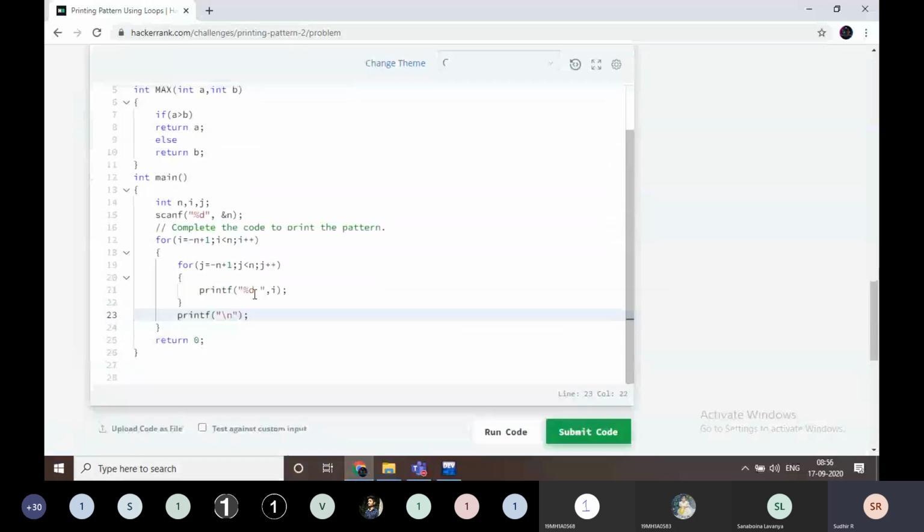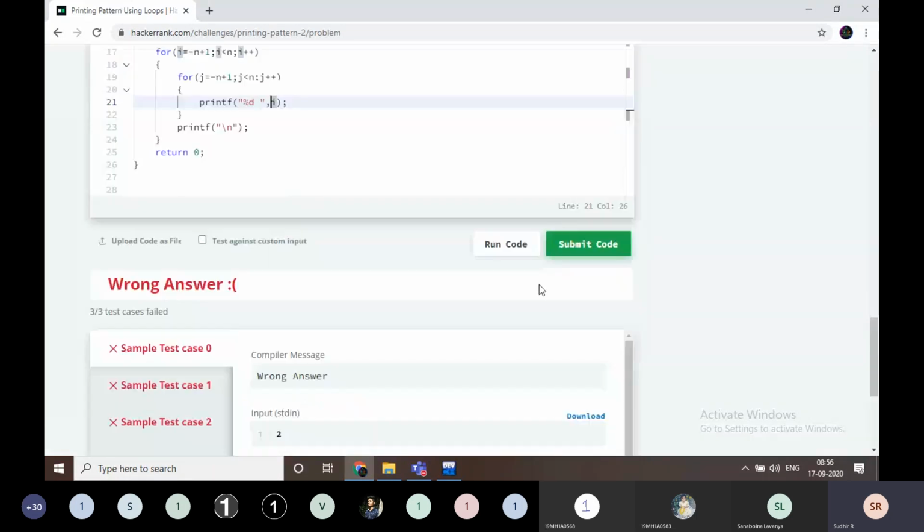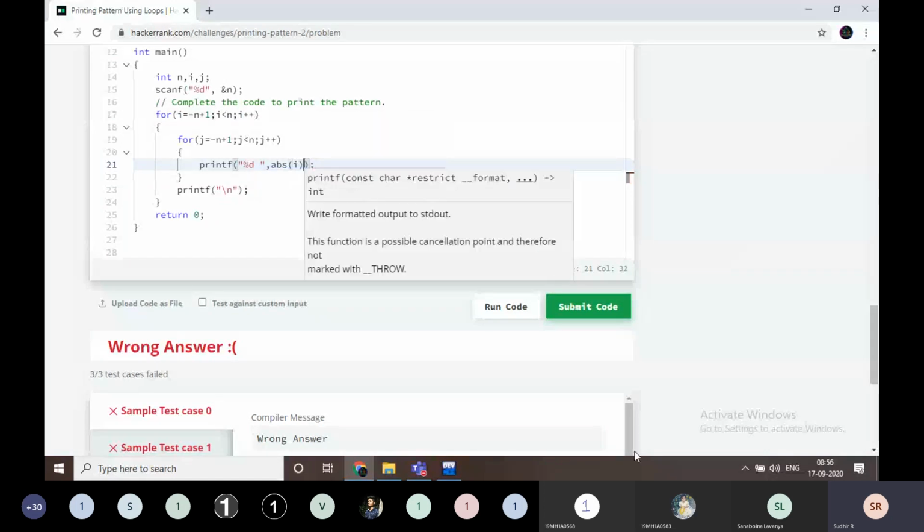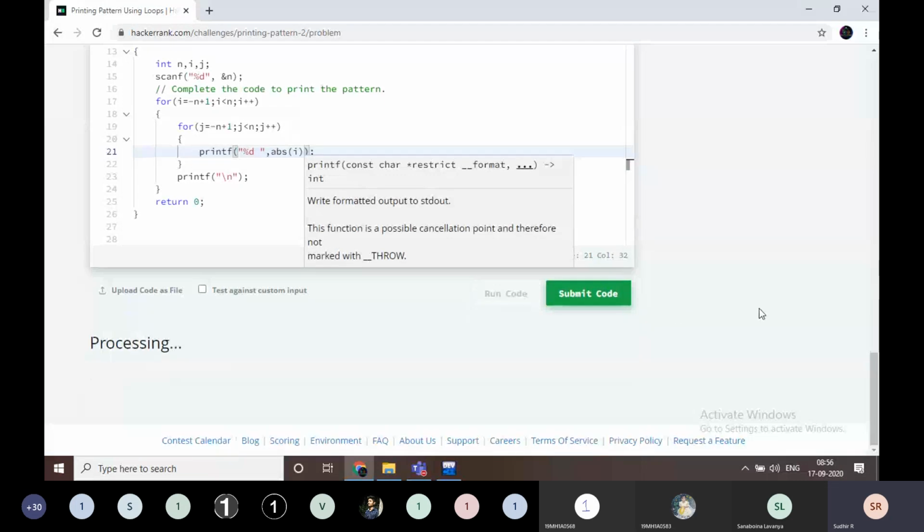But I want the output here. For example, instead of negative values it is printing, I am going to print ABS, the absolute value. Either it is a positive value or a negative value, it is going to print only the positive value.